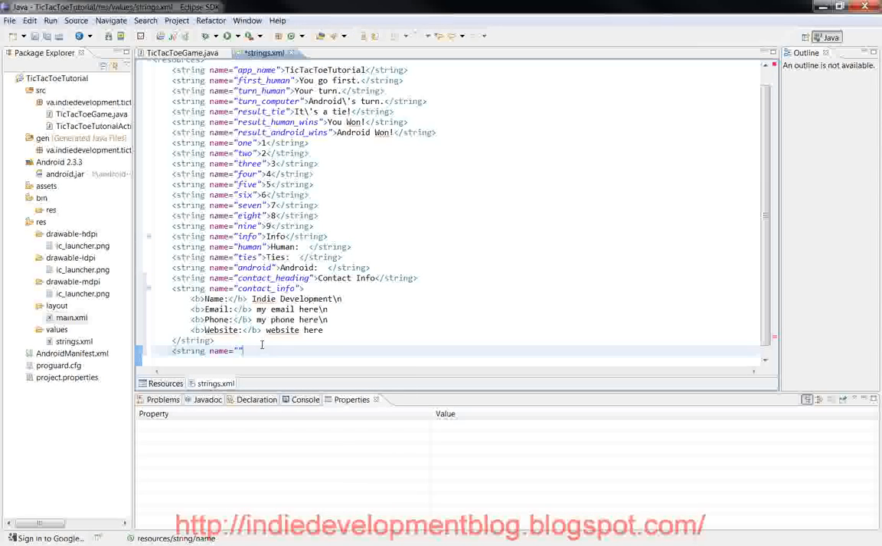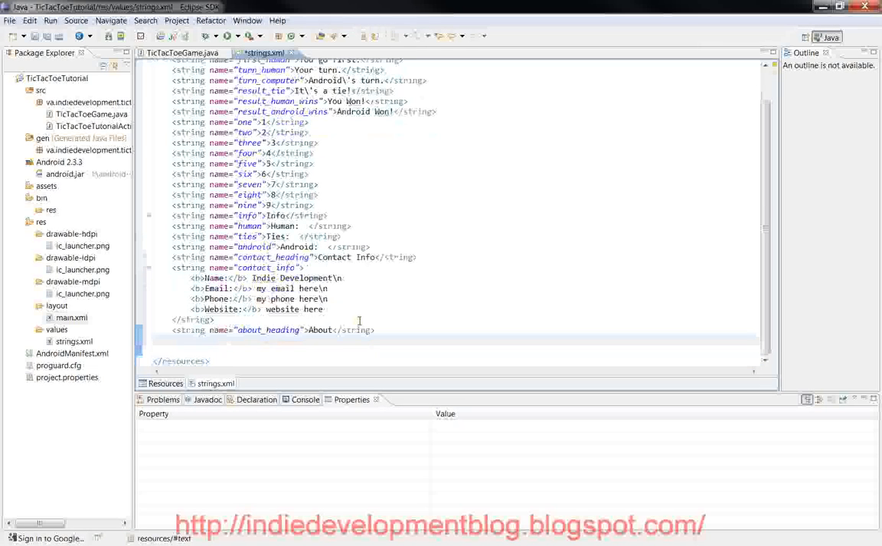Now we also had another activity that we're going to be making, which was going to be the about, so we need a heading for that. It only needs one line, and we'll just do, if I can spell, about, and then we'll need a little paragraph. This app allows